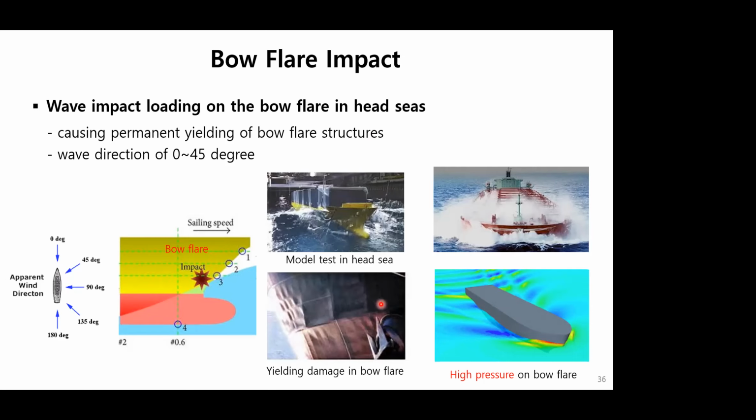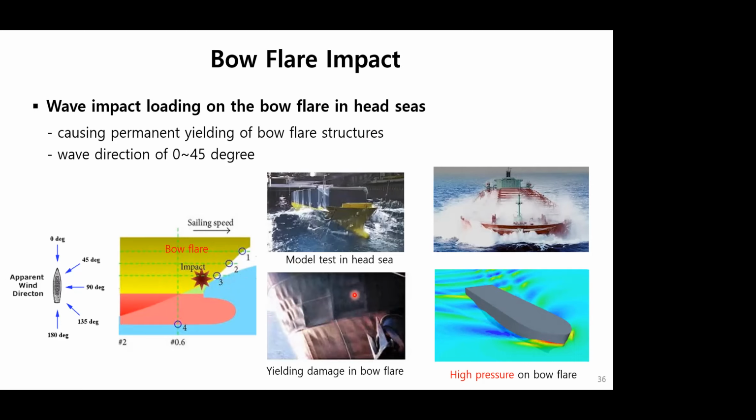In this slide, bow flare is meant to be the structure above the water in this area. Impact loading may cause permanent yield deformation.